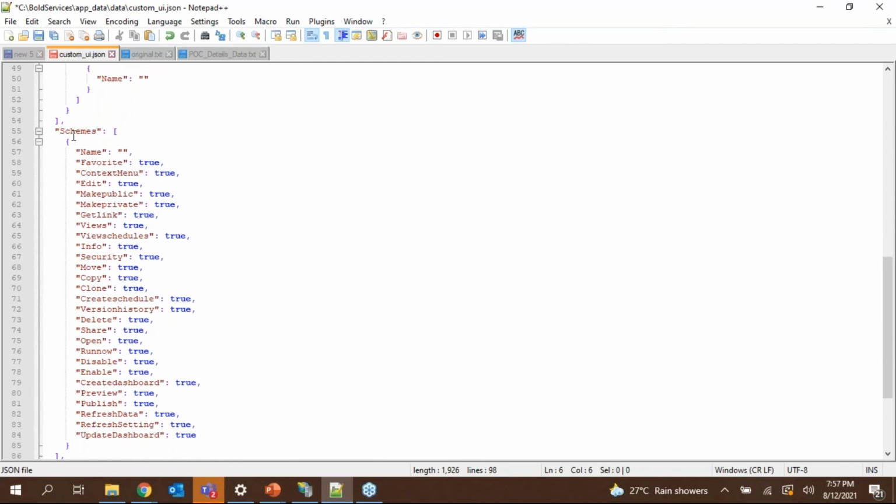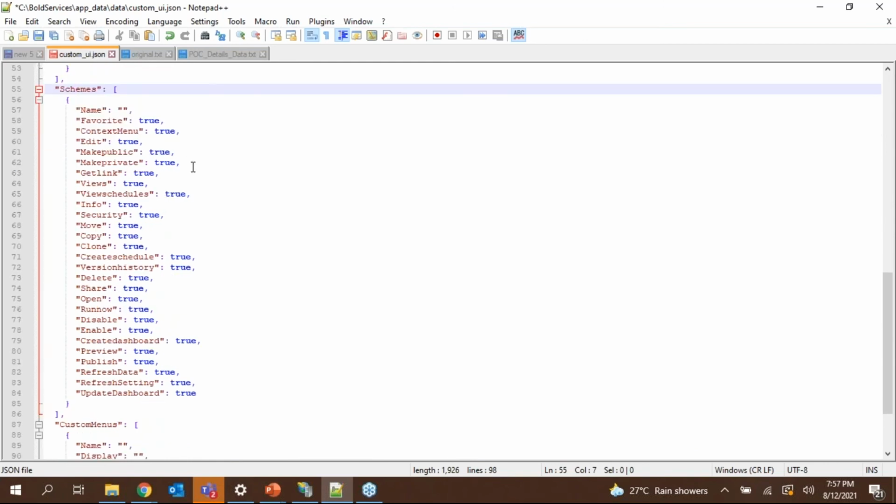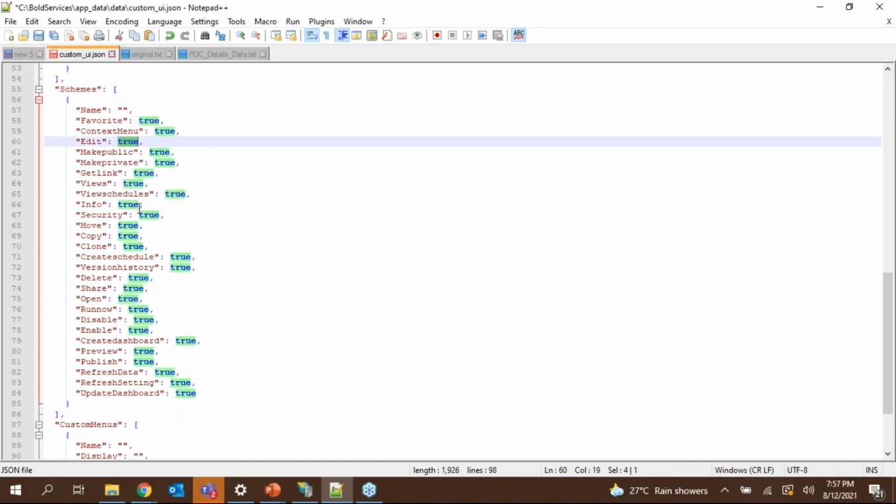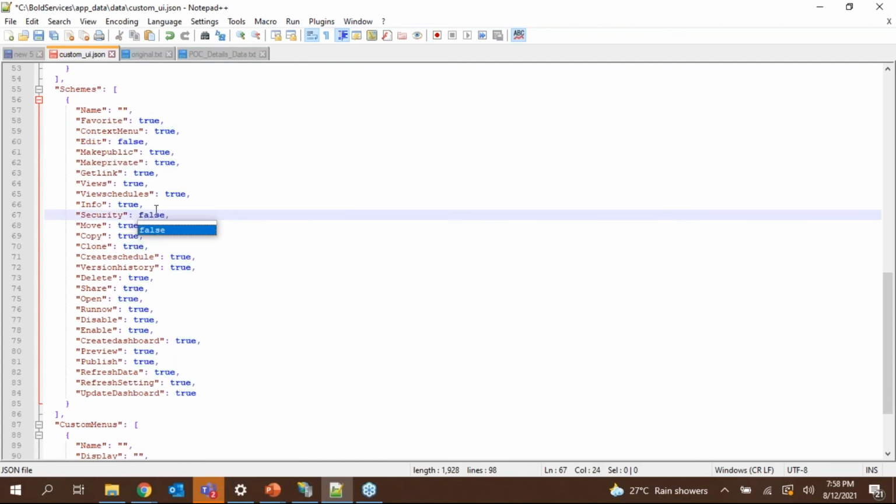And the next option is schemes. Schemes will help you to customize the context menu options, as I showed you here, like edit, security, or copy, clone, publish. Such context menus can be customized. Let me show you here. I don't want to show edit and security in the context menus.